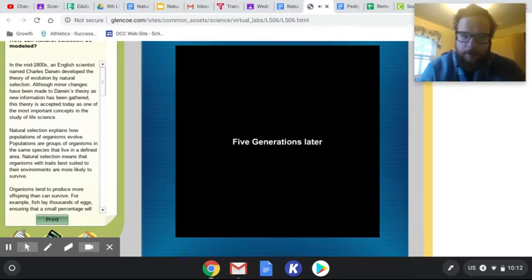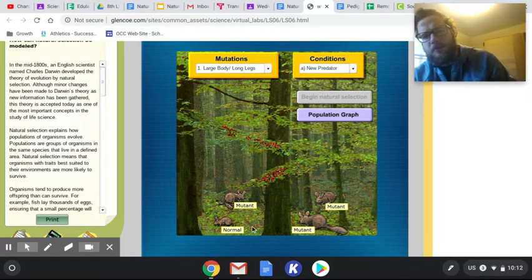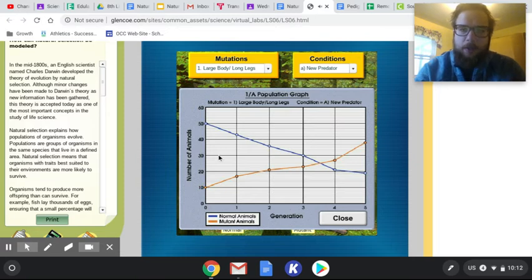5 generations later. Thank you, random voice. So you saw the fox was going for one of the animals. If you noticed, he went for one of the normal animals. And look at what we're left with here. We've got 3 mutants now and only 1 normal. So without even looking at the data, that gives us an indication of whether this mutation is beneficial for these rabbit-like creatures. So let's go to the population graph, because here's where most of